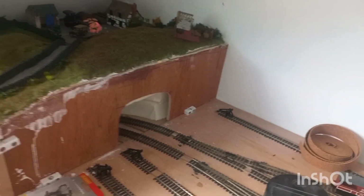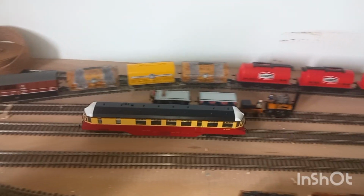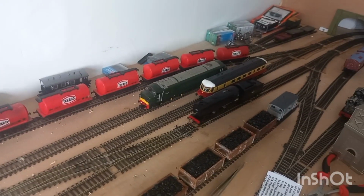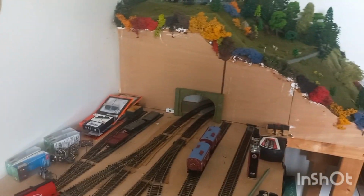So I can't test them through the points now because my track's either not got any power on it or it's full of locomotives and rolling stock I've not got space for. So I'll go and see what else I can do and I'll get back to you. Alright, troops. Oh aye, before I forget,